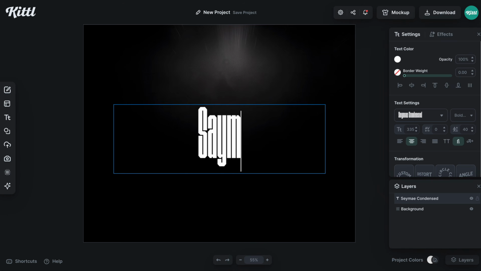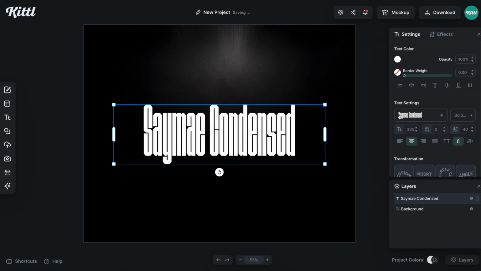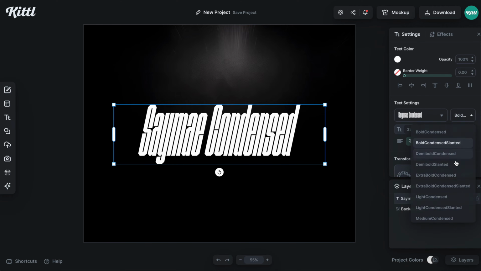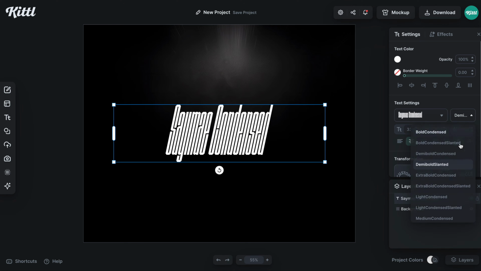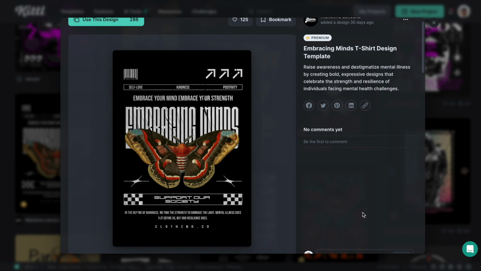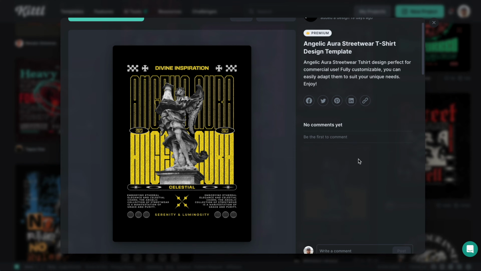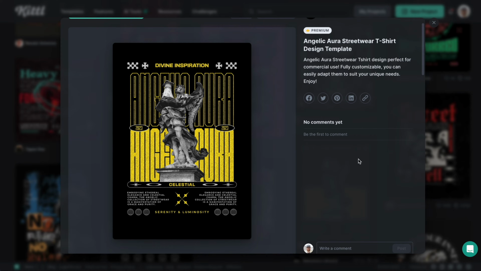Seimei Condensed. Seimei Condensed is the condensed font of the list. As streetwear design is often visually busy, sometimes you need a bigger chunk of text to fit within a limited space, and condensed fonts are perfect for that. They often convey a feeling of urban style. This one in particular presents those really cool sharp angles that give off a modern and edgy vibe.